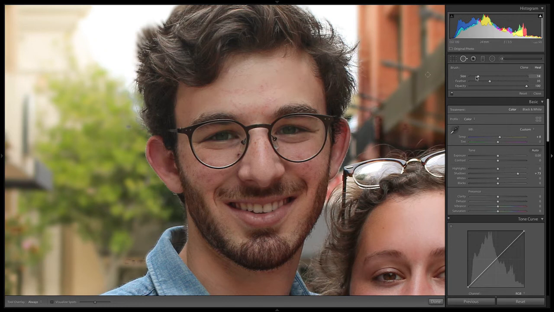So really all you have to do is select the size, feathering, and then the opacity we're going to leave as is. Now, since he has a lot of acne, this is going to take a few swipes because we can't just paint over everything and get it removed. So I'm just going to go one at a time. And as we do it, it might be a little hard to see, like, okay, Phil, this is taking a little while, I'm not sure if it's really helping. But when we show you the before and after, it's really going to help.